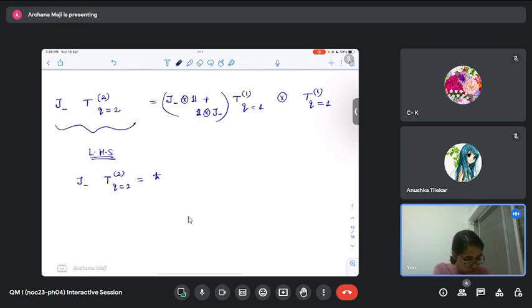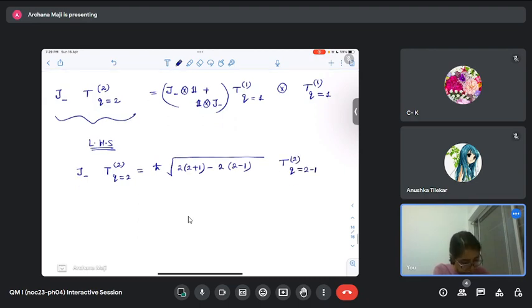This is h cross square root of k into k plus 1 minus q into q minus 1 T q equal to 2 minus 1. Okay, so that gives square root h cross square root 2 into 3 minus 2, that is 2h cross, basically. Okay, now RHS